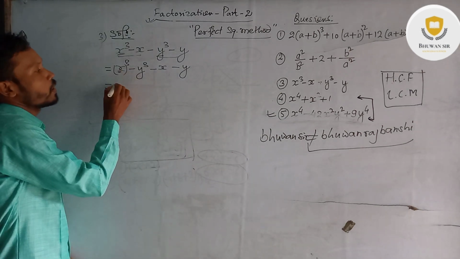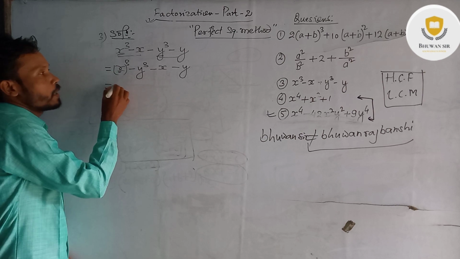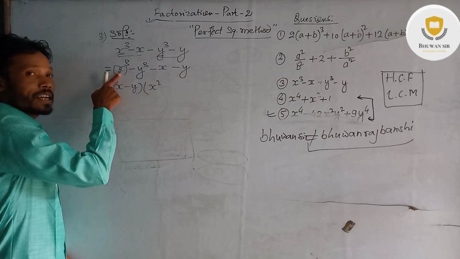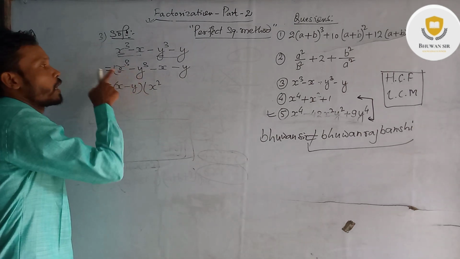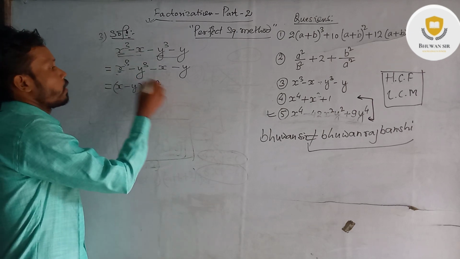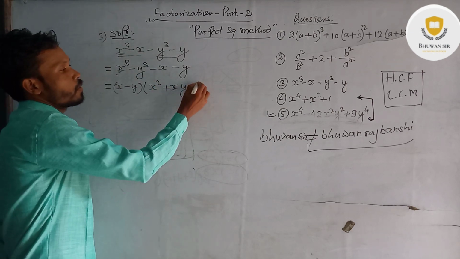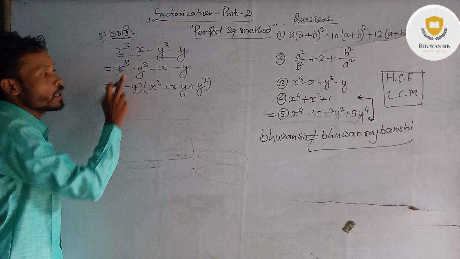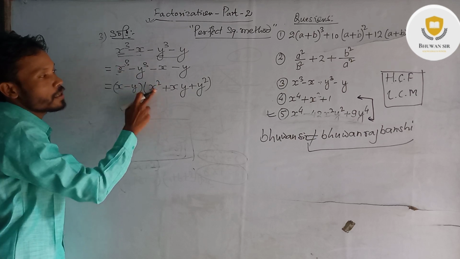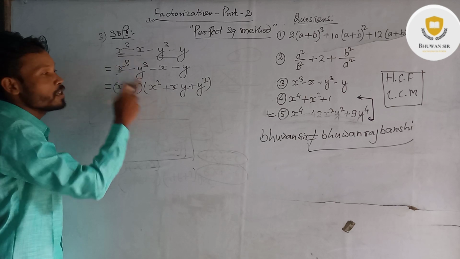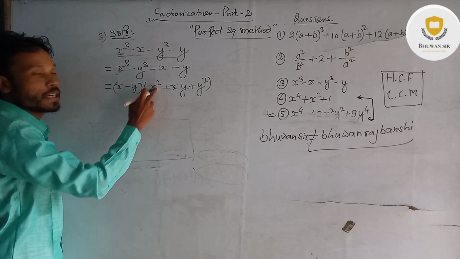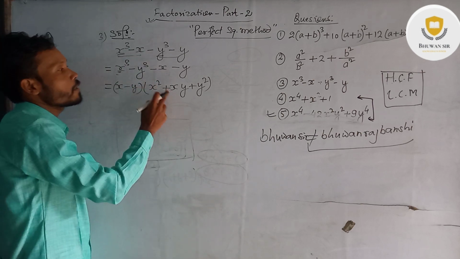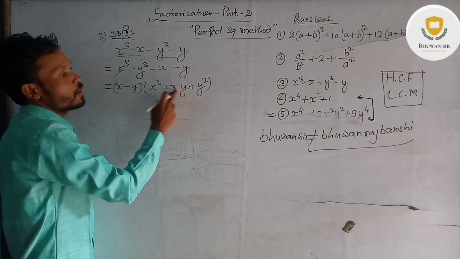Okay, now let's go here. A cube minus b cube, let's apply its formula. A minus b, a square plus ab plus b square. Wherever a comes we have to write x, and wherever b comes we have to write y. Okay, don't forget. It is like this: a minus b, a means x, b means y, a square means x square, plus xy means ab, plus y square means b square. In a single variable we don't need to put brackets. If there are double or more than double variables, then we have to give brackets.